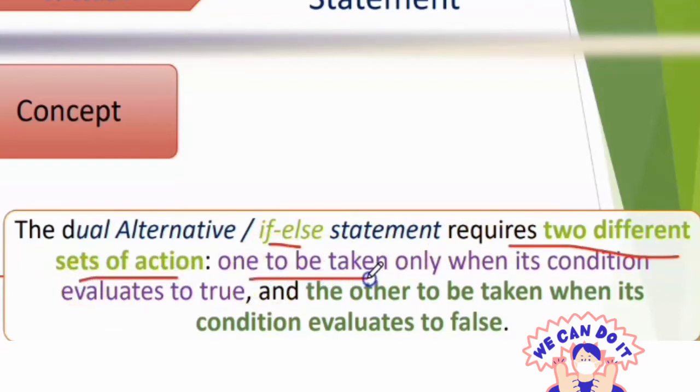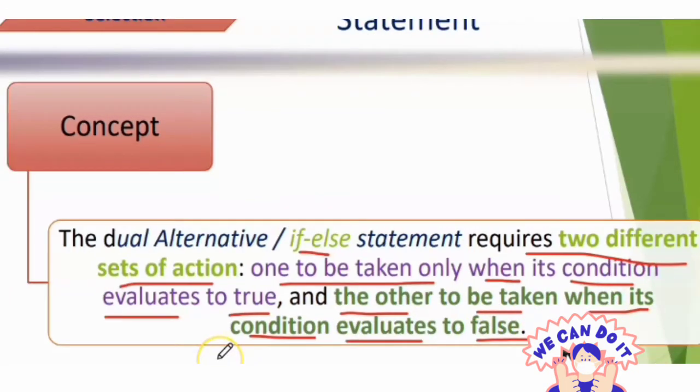One is to be taken only when its condition evaluates to true, or another is to be taken when its condition evaluates to false. Dual selection will check one condition to choose between two actions or two